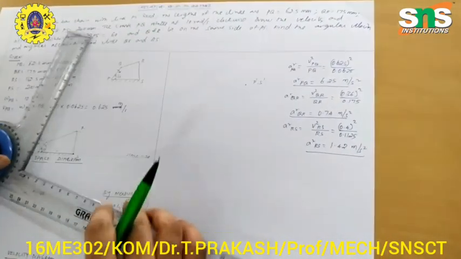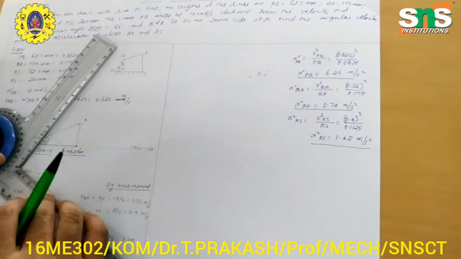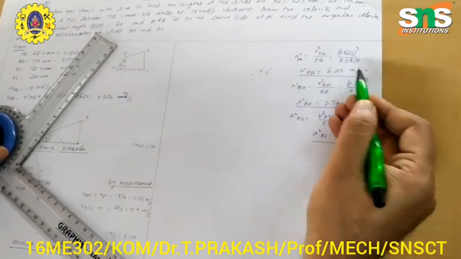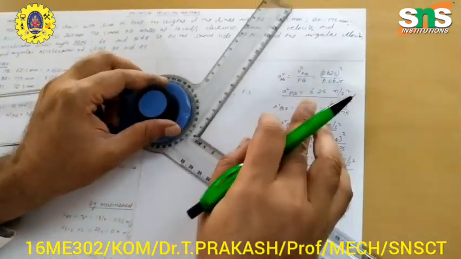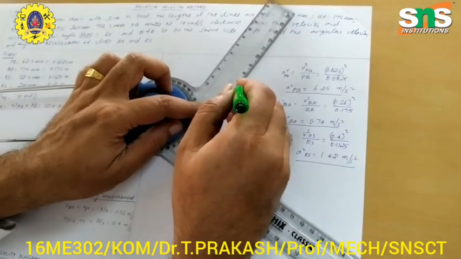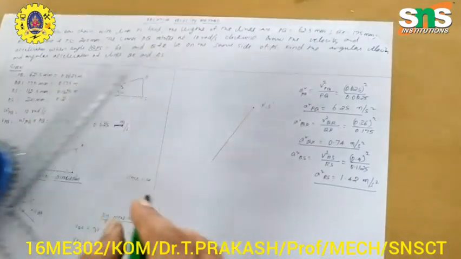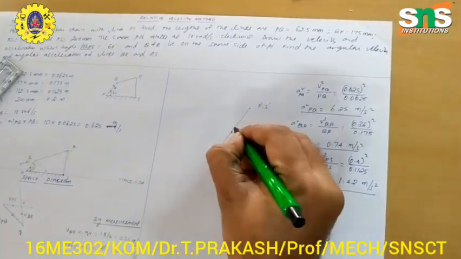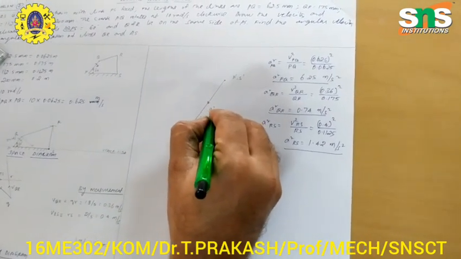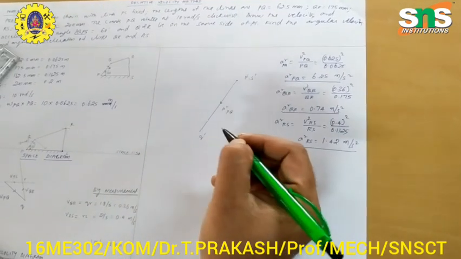Next you mark a line parallel to the line PQ. You mark an acceleration line parallel to PQ for the distance of 6.25. I am not taking any scale, directly I am marking 6.25. It is rotating in the clockwise direction, therefore in the downward direction I am marking a line for a distance of 6.25, the radial component of PQ, and mark the Q dash point. It is our Q dash.